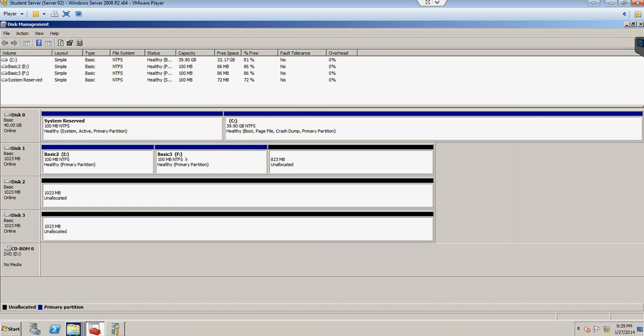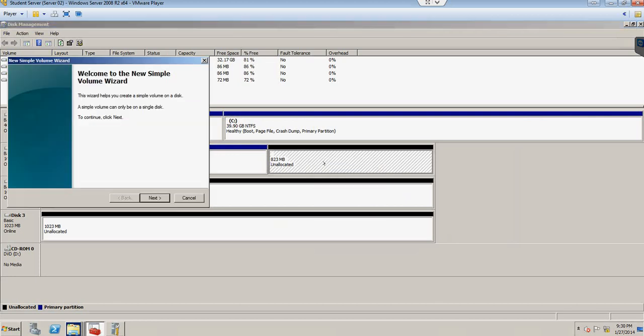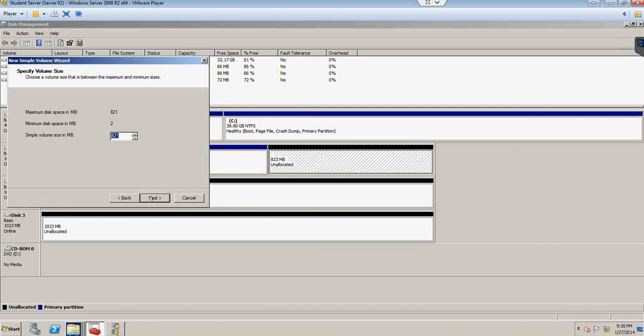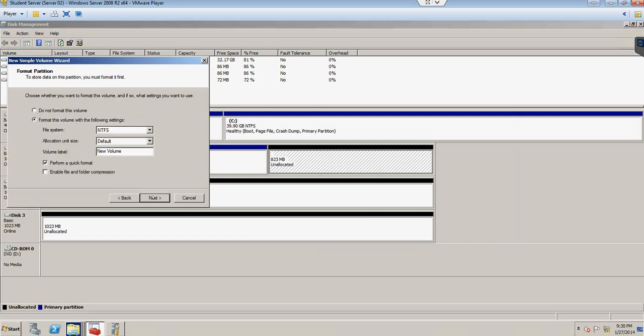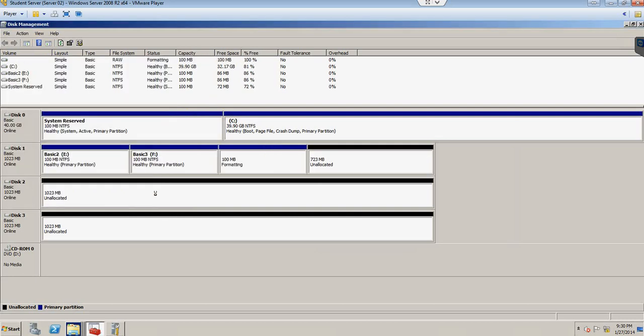Let us select a fourth primary partition out of the remaining unallocated space. I'm going to right click on the unallocated and click next. The usual, I'm going to assign 100 megabytes. Accept the default drive letter. Click next, and I'm going to select basic 4 right here. Click next and finish. So I think we've reached the maximum number of primary partitions we can have for a